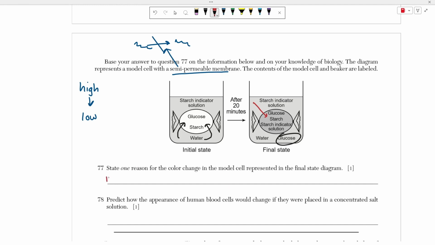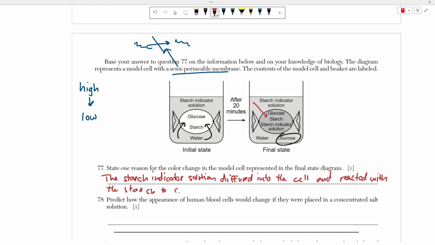So we can just say that the starch indicator solution diffused into the cell and reacted with the starch to change color. That's all that happens. So for this problem, you need to understand diffusion, or when it comes to water, it's